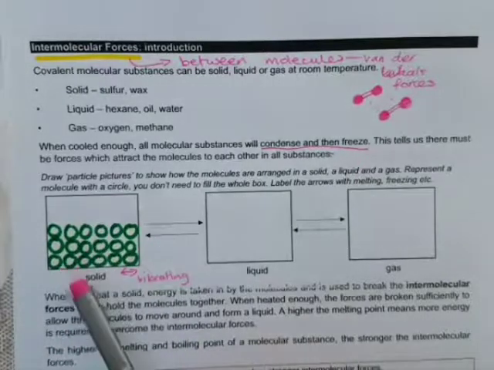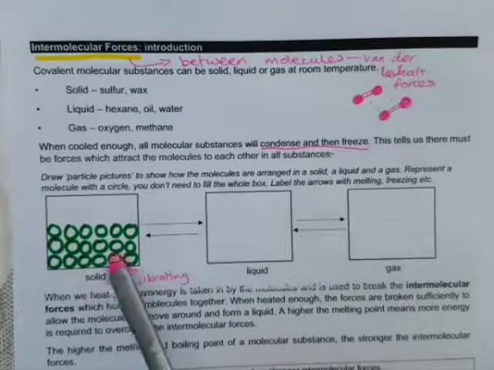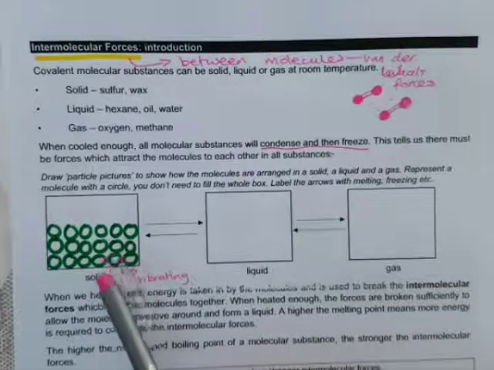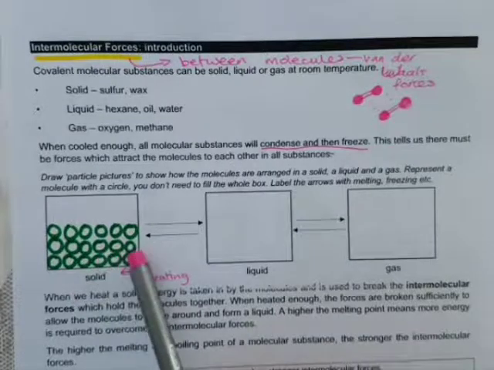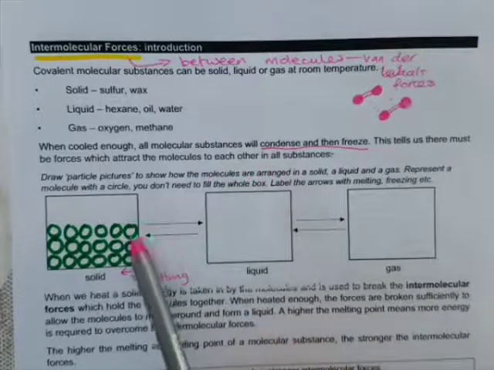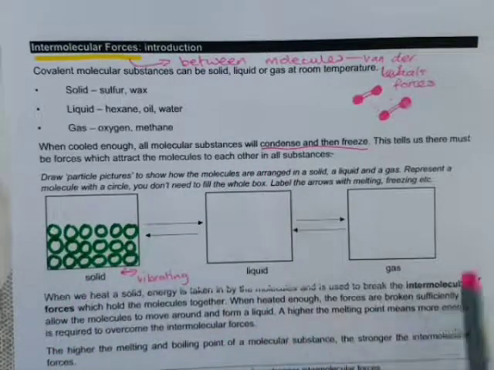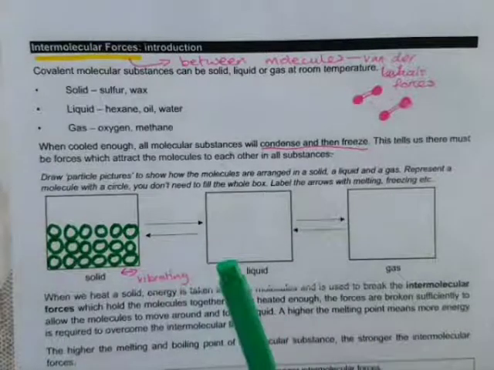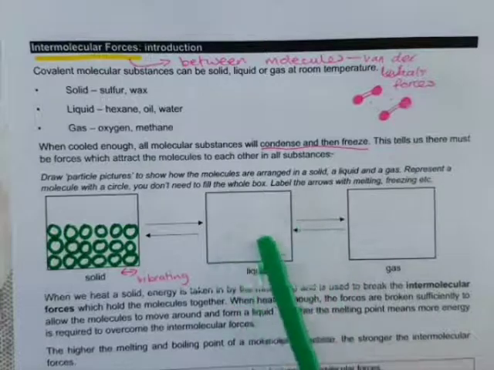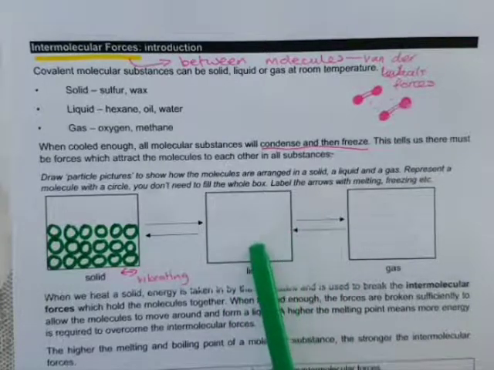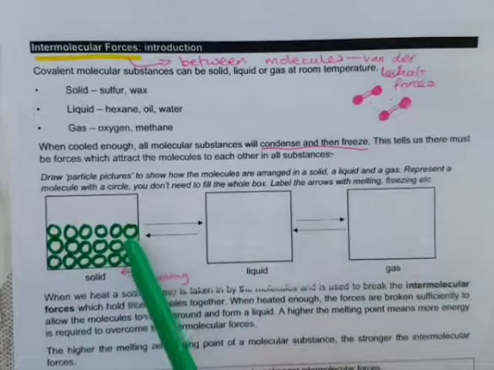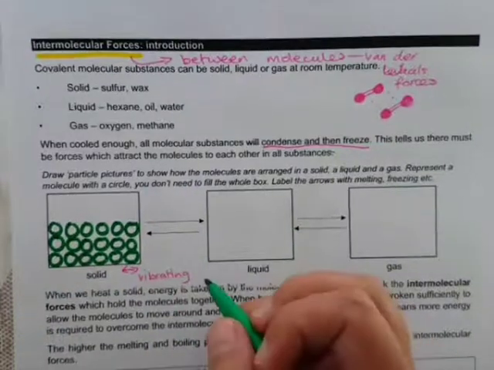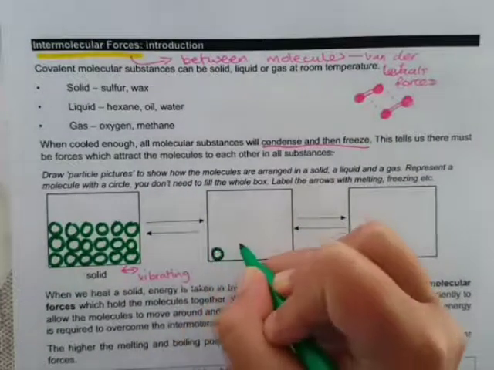What happens as we heat a solid up, let's go back to solids for a minute. Particles are held closely together in a solid because there are forces which attract the molecules together. As we heat a solid up, the molecules get more and more energy, and eventually the motion of the molecules becomes stronger and outweighs, you could almost think, the attraction between the molecules. So eventually we'll get to a point where our